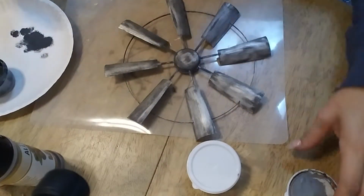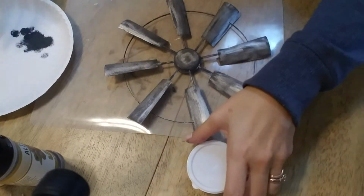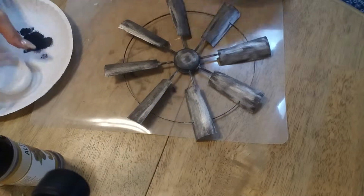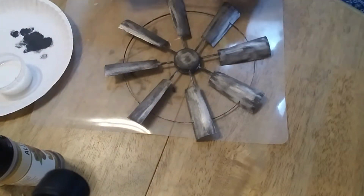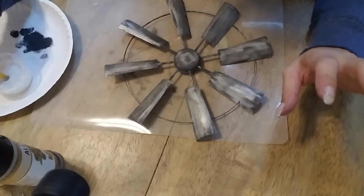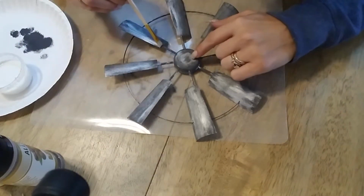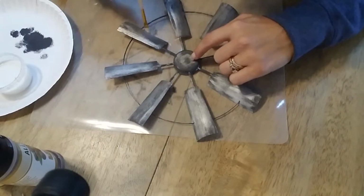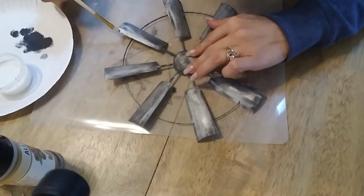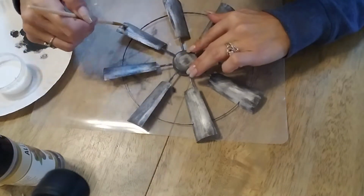Okay, so that being done, now what we're going to do is, another little container that I have is my Elmer's glue, and another one of those bristly brushes. You can use anything. You can use a cotton swab. I like these little brushes. And because it's Elmer's glue, you kind of want to work a little faster, but you're just going to hit a few spots with the glue,